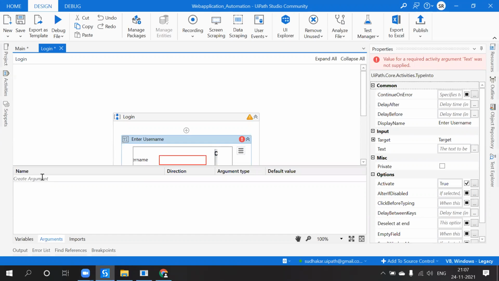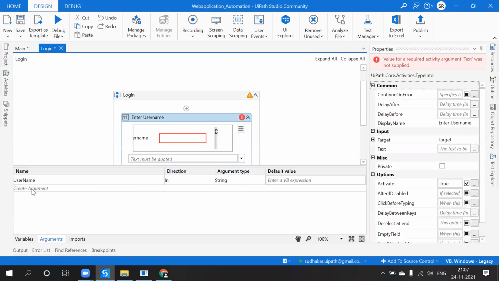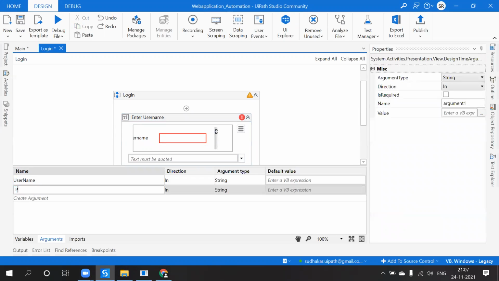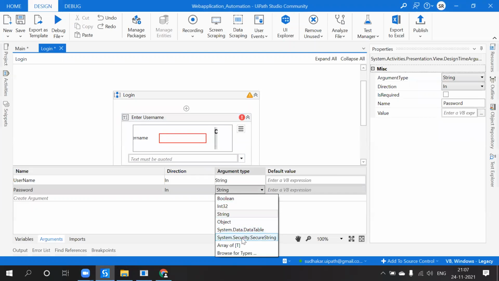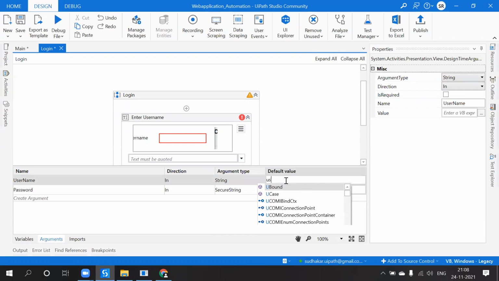What is that argument name? Username, and here we have to use password. There are two arguments, right? That is also input string, and we have to use secure string, and what is the default value is